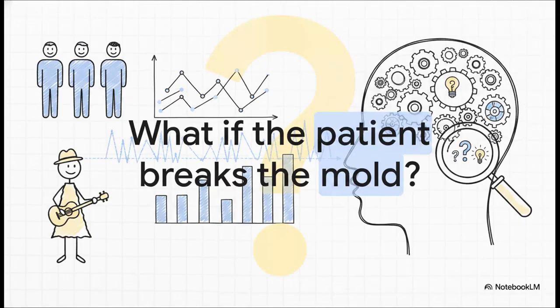It elegantly ties the complex statistical deep dives of Lesson 8 right back to the human element we introduced in Lesson 1. I'm going to leave you with this provocative thought to chew on as you explore further. No matter how robust the statistics are, no matter how rigorous the trial was, or how narrow your confidence interval is, how do we apply this evidence to a unique patient sitting right in front of us who completely breaks the mold? What happens when the human doesn't fit the trial average? That is the true art of evidence-based medicine, and it's where your critical